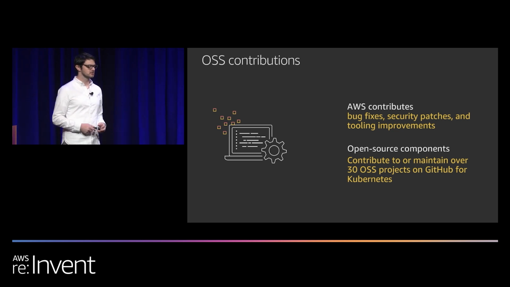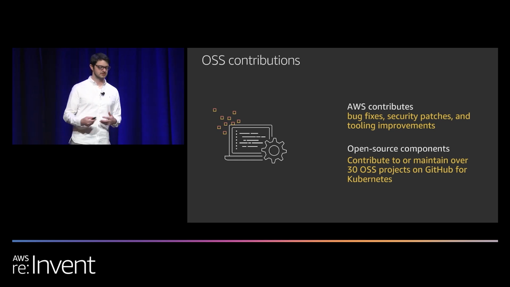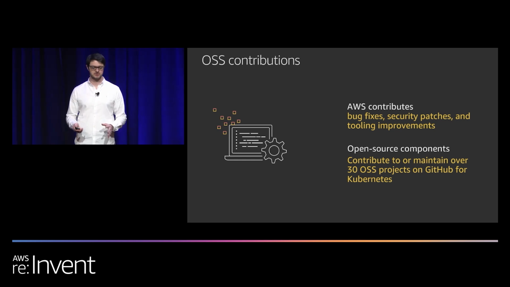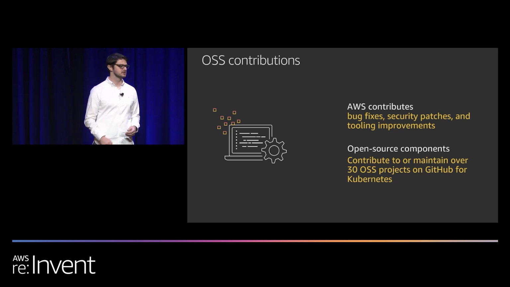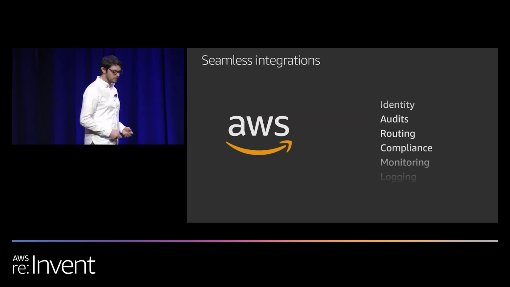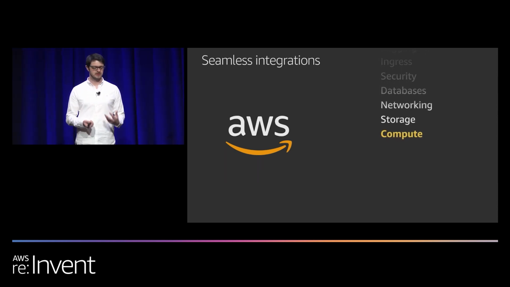and so this is important for us to making Kubernetes really good to run anywhere. So our team spent a lot of time contributing bug fixes, security patching, tooling improvements to the community. We're constantly listening to customers. We're refining open source projects that improve the experience of Kubernetes. And we are AWS after all.